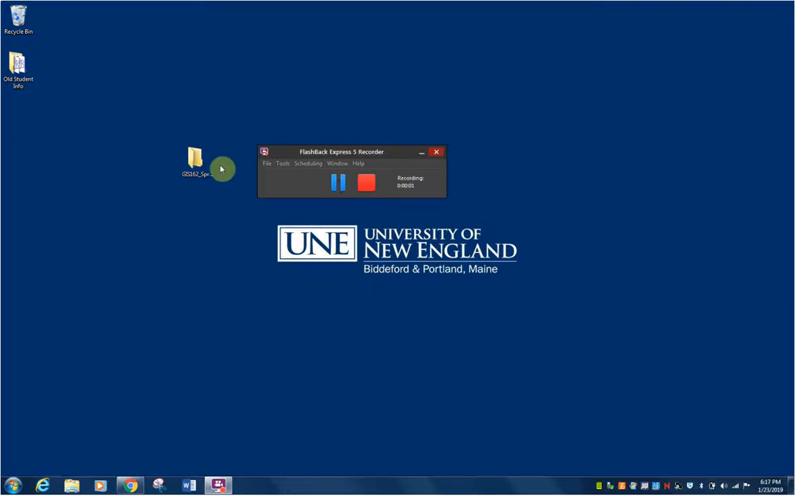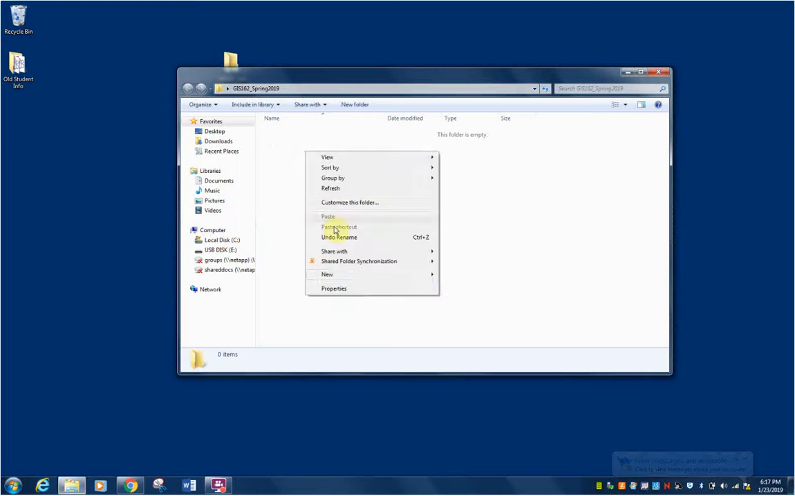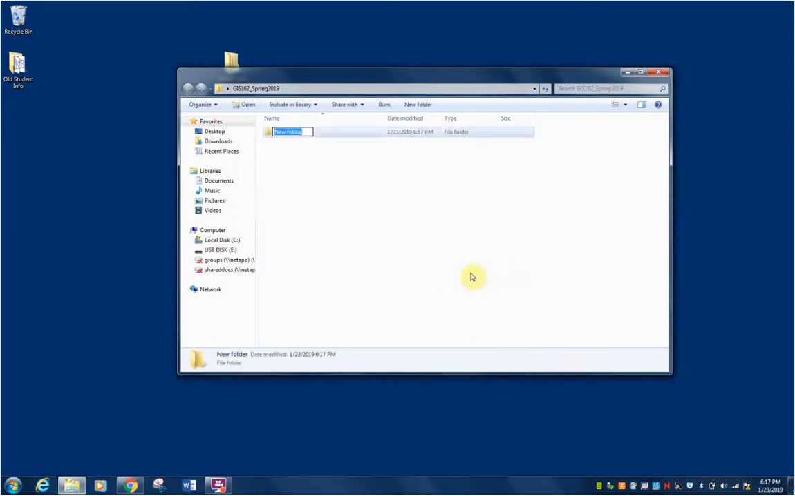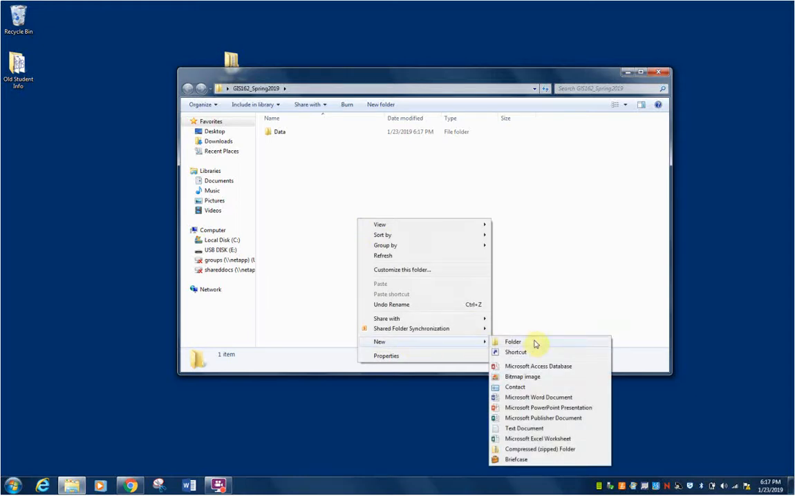So the way we're going to set up the data is we're going to put a GIS 162 Spring 2019 video folder on our desktop after we clear everything else off into the old student info. We're going to open that up and we're going to make a data folder. Data. So again, I right click and then I go to new and I go to folder to make a